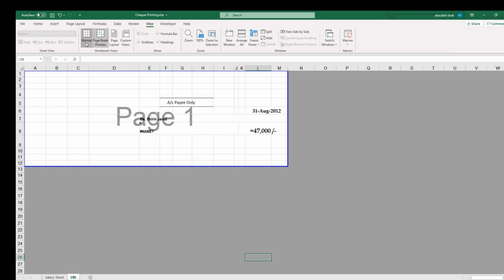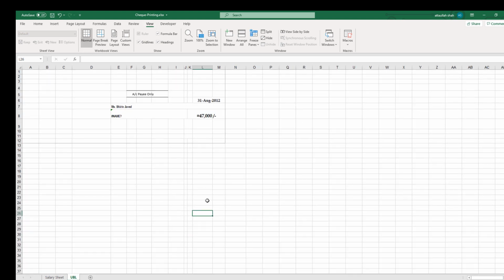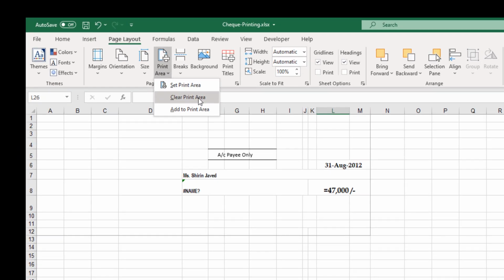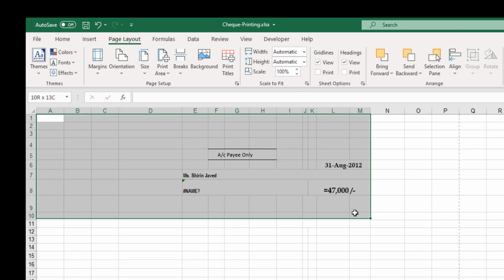If I go to the view and click on normal, it is shown like this. And if I go to page layout and go to print area and I clear the print area, now this whole sheet is printed out.